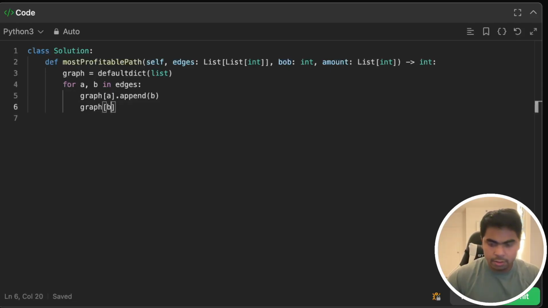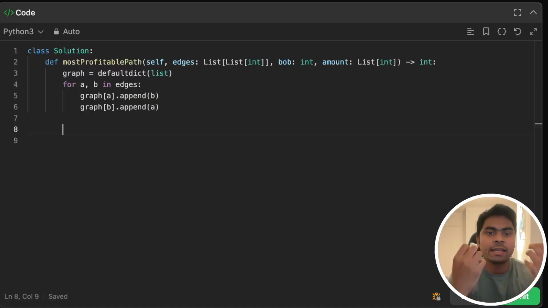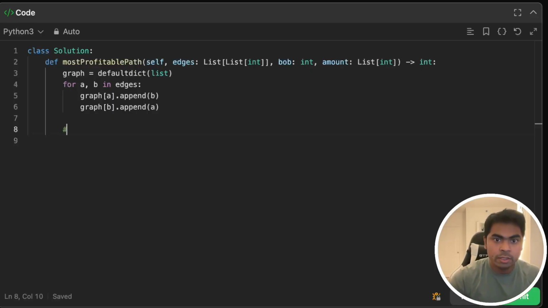So for B I will add A. Alright, so our graph is ready now. Graph is ready. As I said, we're gonna run 2 DFS. It seems crazy, like in the beginning, how would you solve this problem? It's just like a crazy number of steps. But what we're going to do, run